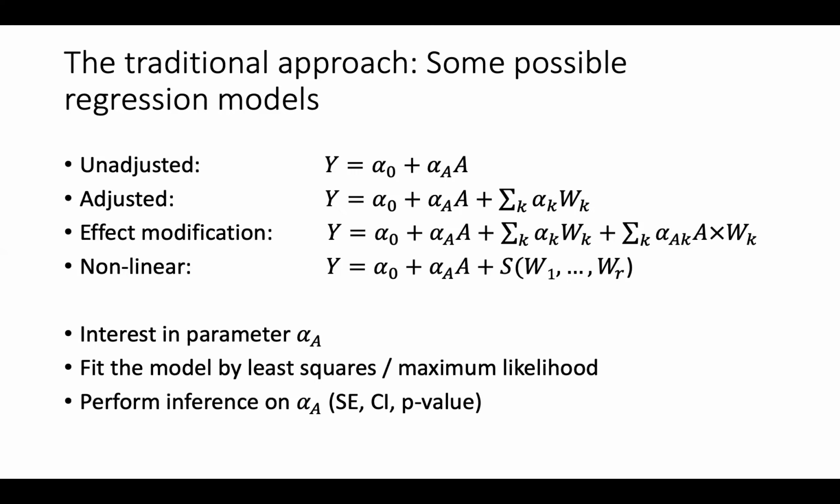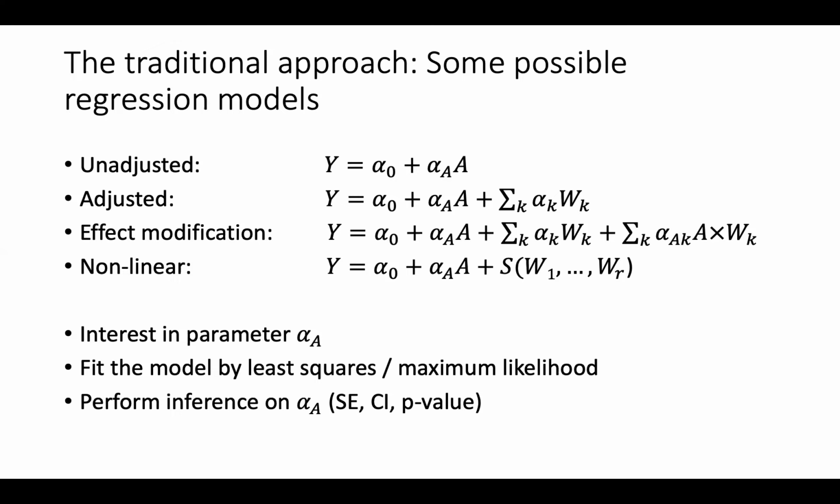if we are faced with this problem, or we have this data and we have to analyze it? Let's assume for now, to make it simpler, that we have a quantitative Y. And we may run a series of linear regression models. The first one may be an unadjusted model. We have an intercept and a slope, the effect of A, which is binary. That is a saturated model in this case, because we're modeling the mean of the outcome, whatever the outcome is, based on each of the two